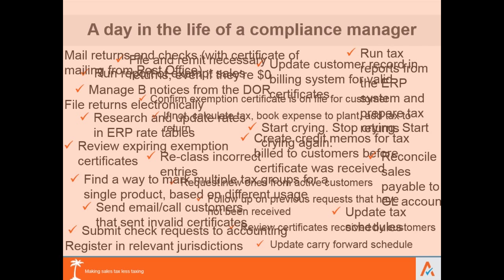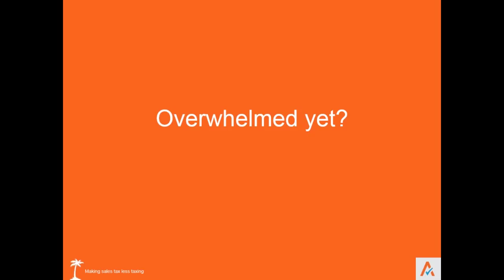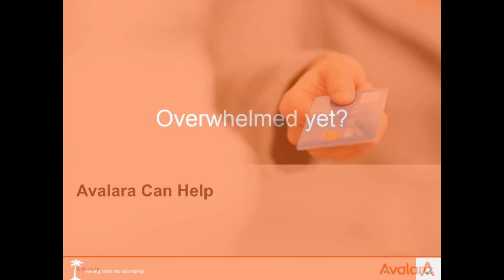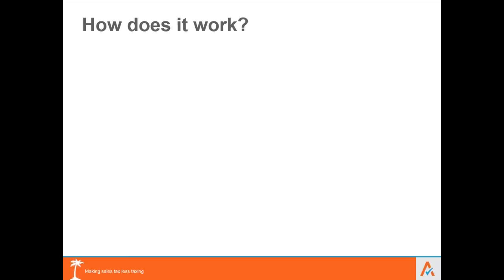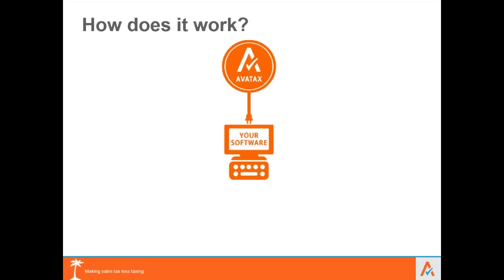Okay, so let's take a closer look at product taxability. What is taxable in one state may be exempt in another. Similar products might be taxed differently, and different industries have varying tax rules. Taxability laws are changing. It's recommended to review taxability of your products and services, especially if you're adding new products or services. Without having sales and use tax experts interpreting laws for each and every taxable state and locality, as well as sophisticated tax decision-making systems, it's very difficult to ensure that the taxable transactions are properly taxed. But it is essential for a seller to know what is taxable in each applicable taxing jurisdiction to prevent tax